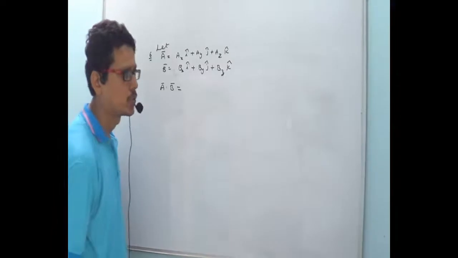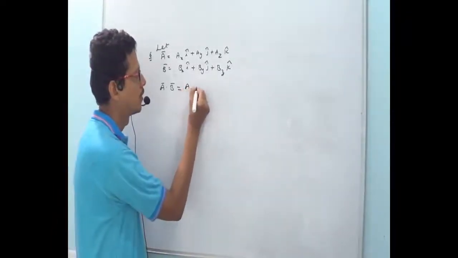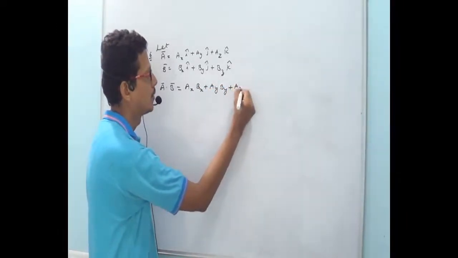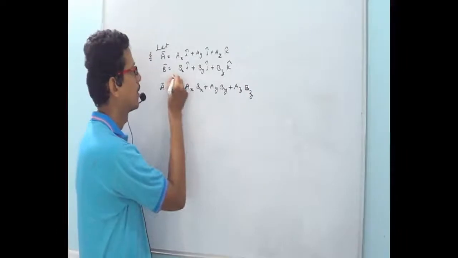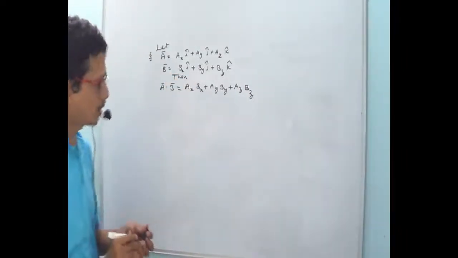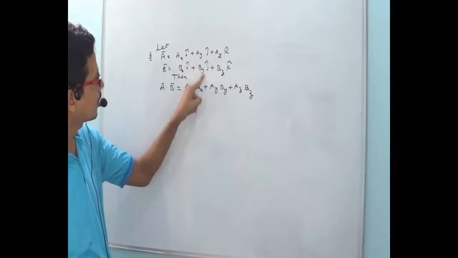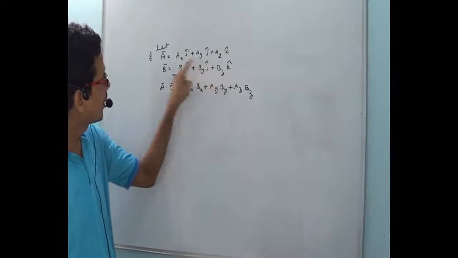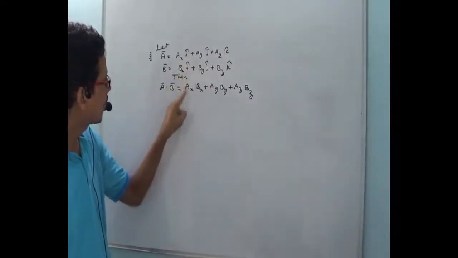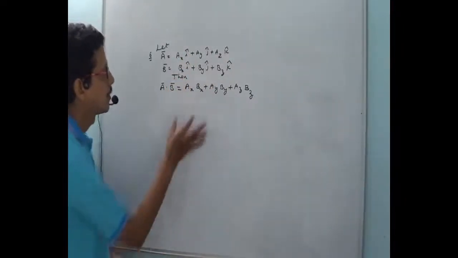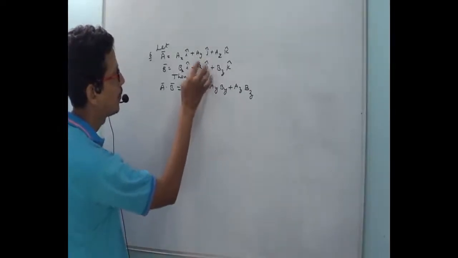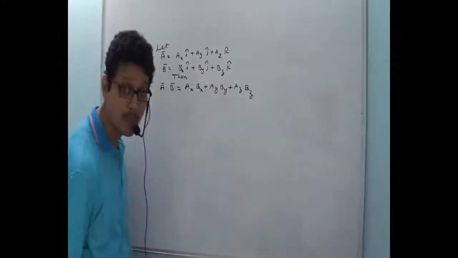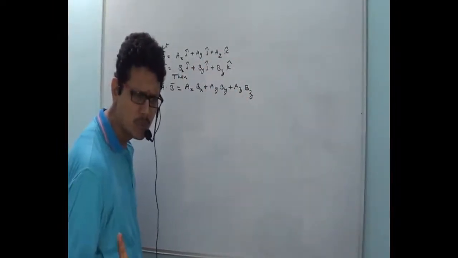What is the dot product of these two? The dot product is AX BX plus AY BY plus AZ BZ. Because i dot j is 0, if I do the product of these two, that will become 0. I dot k is also 0, but i dot i is 1. So what I will be getting is AX BX. And similarly AY BY, I will be getting j dot j is 1, but j dot i and j dot k is 0 because they are perpendicular. So you have to take that also.